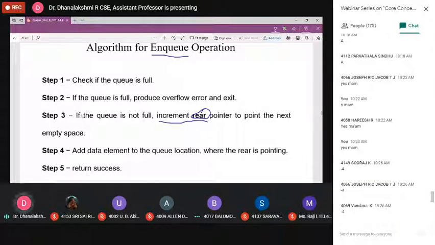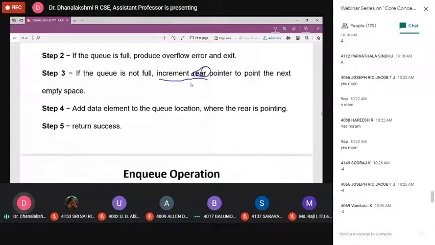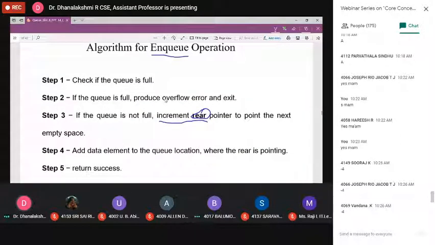That's why you don't bother about the front. Once you check the overflow condition, you just increment the rear pointer by 1. After incrementing the rear by 1, you insert the new data. Got it? These are all simple steps. Take a screenshot of this algorithm.